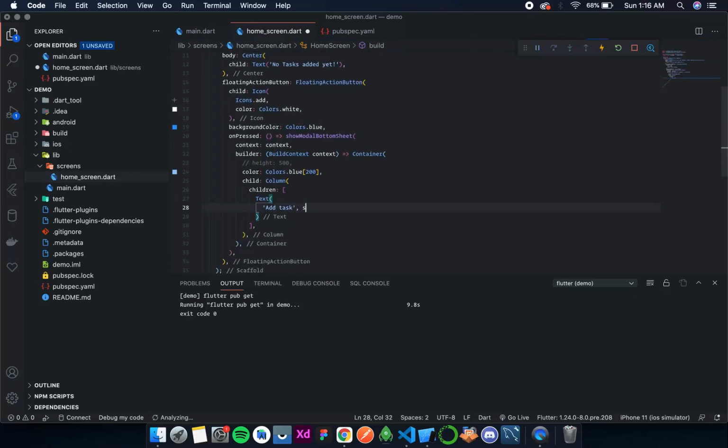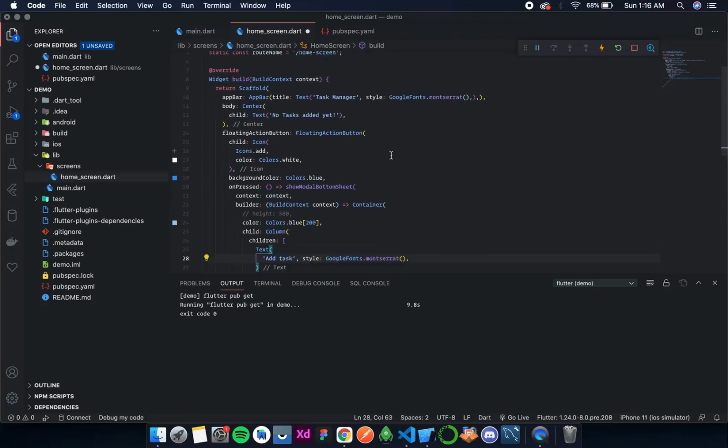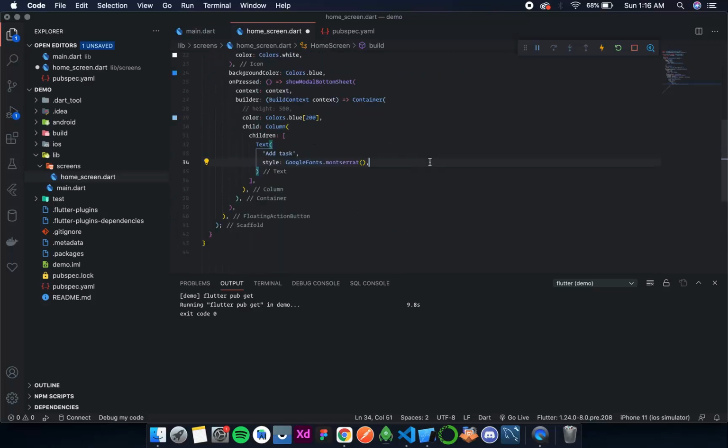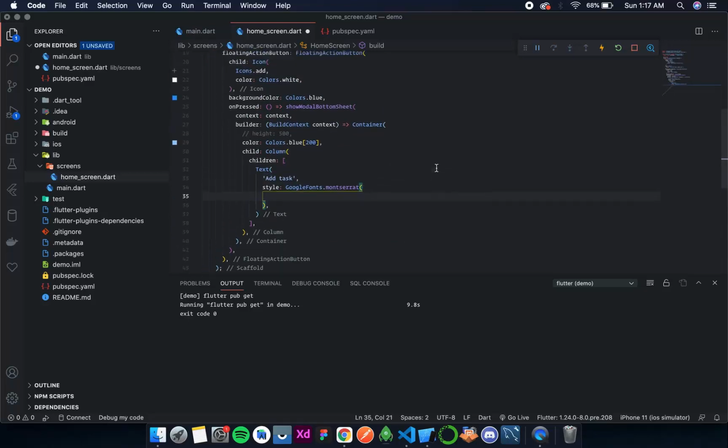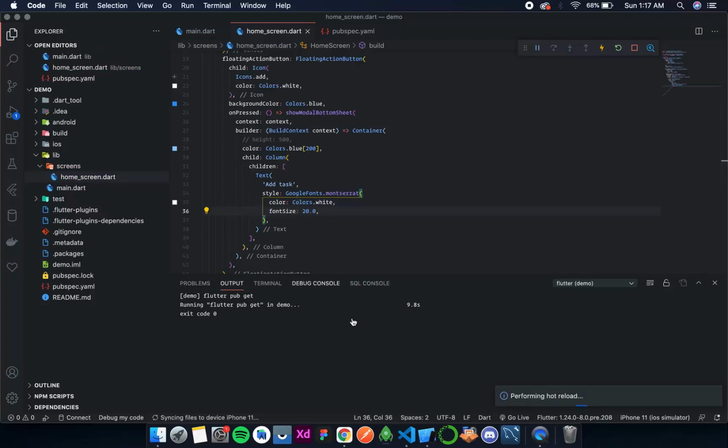Now over here also I'll add style Google Fonts dot Montserrat, and then over here I'll change the color. I want the color to be white and the size to be 20. Let's see. Now let's save this.